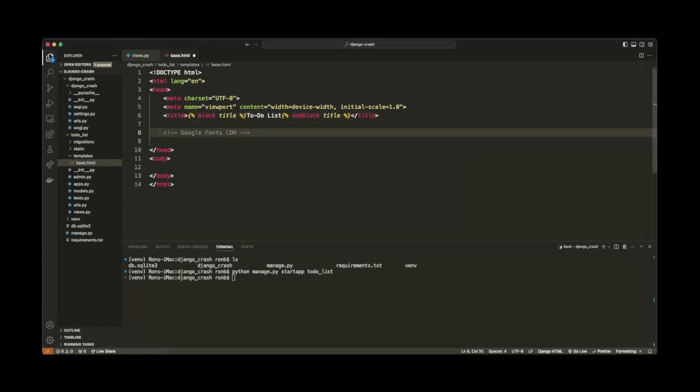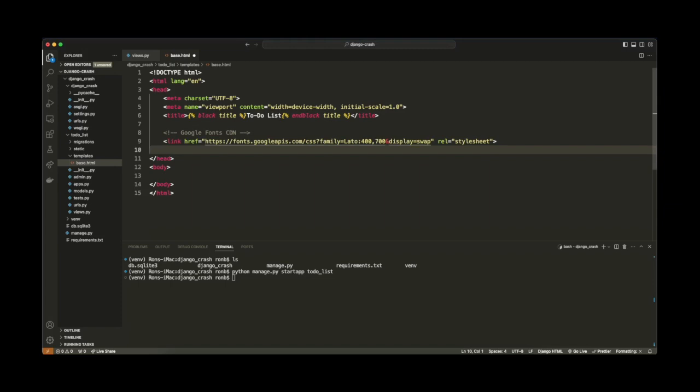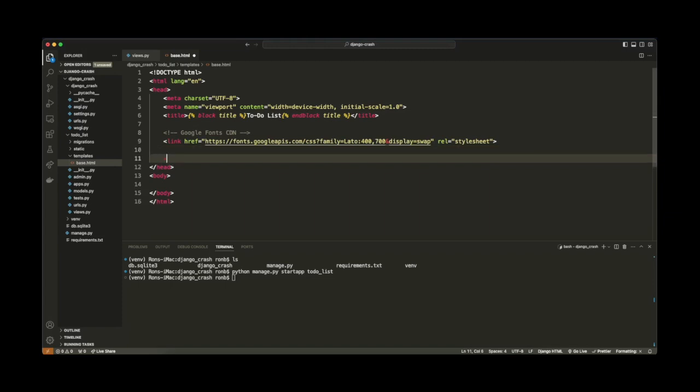All right, so let me just paste that here. So this is the link to Google Fonts. And then we're gonna have one more to Font Awesome. So I'm gonna say Font Awesome